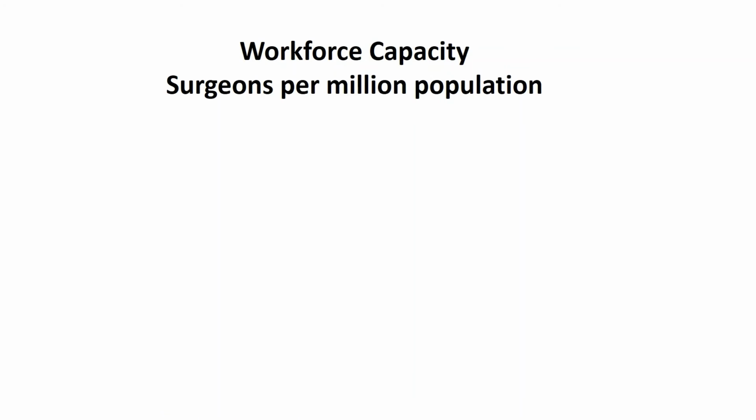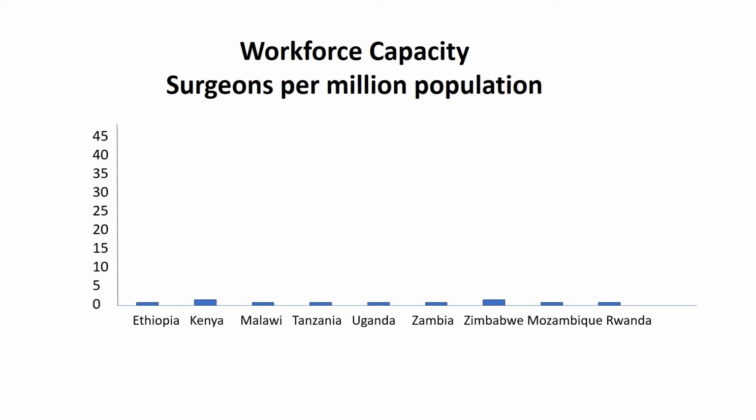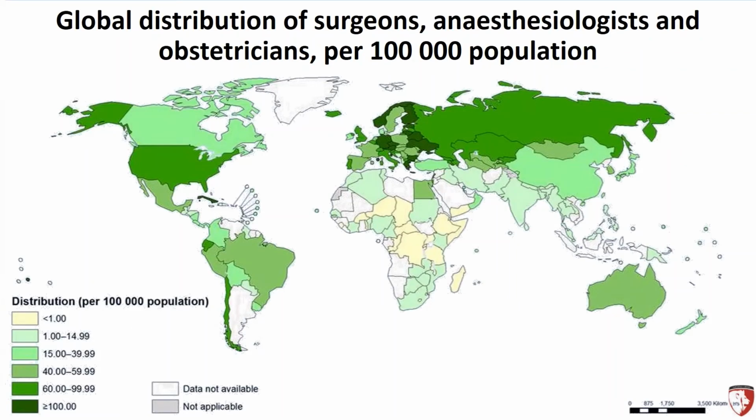In terms of surgical workforce, relative shortages pose an even bigger problem. For example, in East Africa, there are less than 2.5 fully trained surgeons per 1 million population, compared to 56.8 per million in the United States of America. Africa holds only 3% of the world's 500,000 obstetricians, contributing to the global preventable maternal mortality rate of 300,000 women during childbirth.